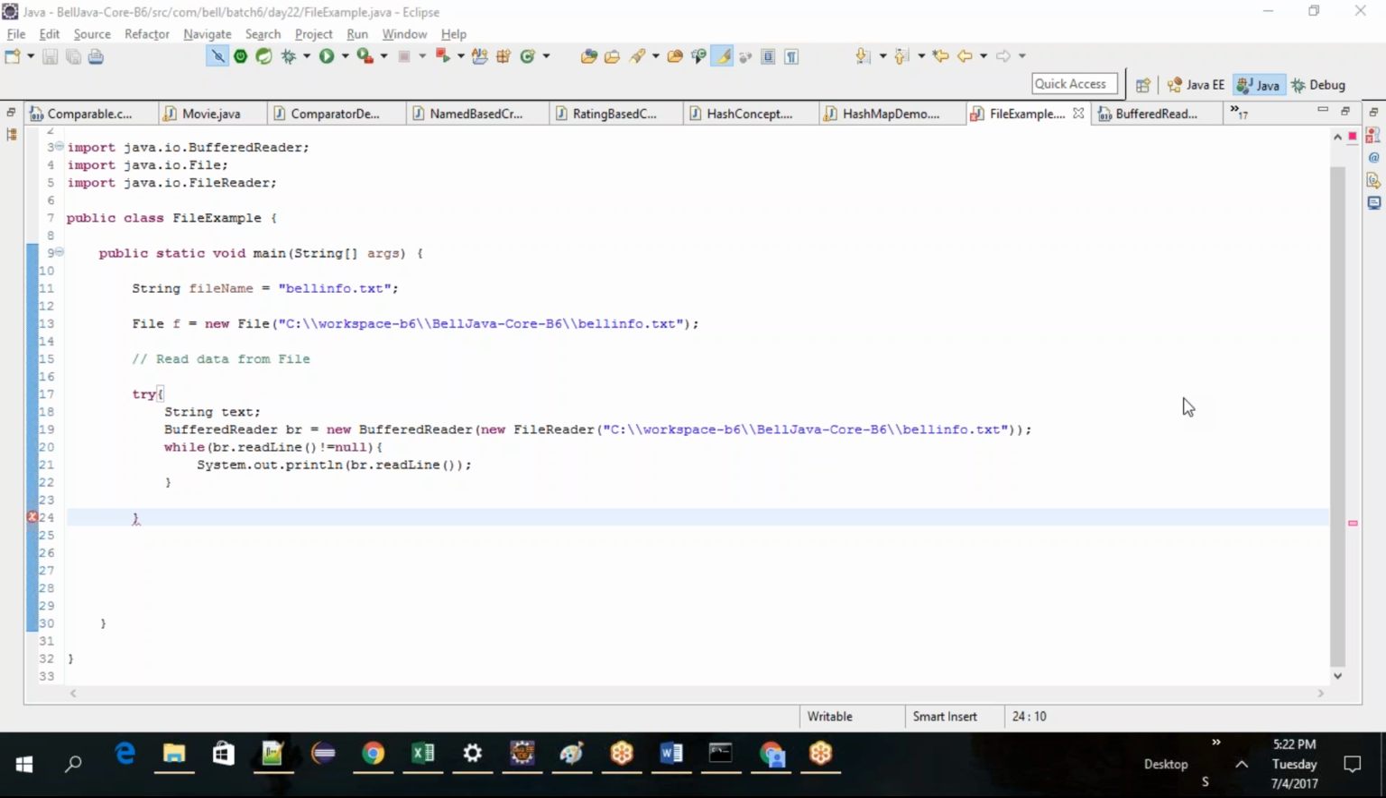So, it is looking for catch. What kind of errors will happen? Let's say I'll show you a simple way to surround the error. Let's say unhandled exceptions, surround with the try catch block, right? So